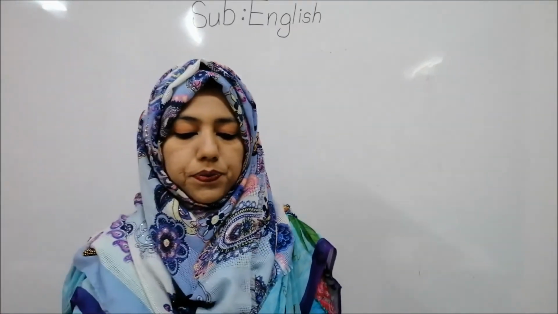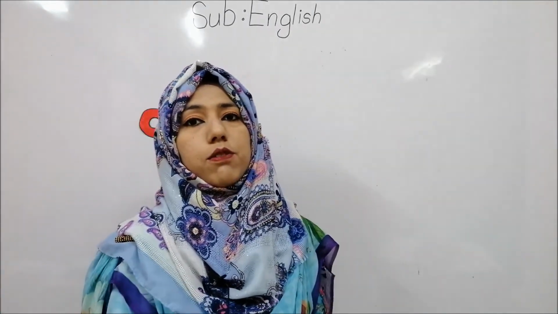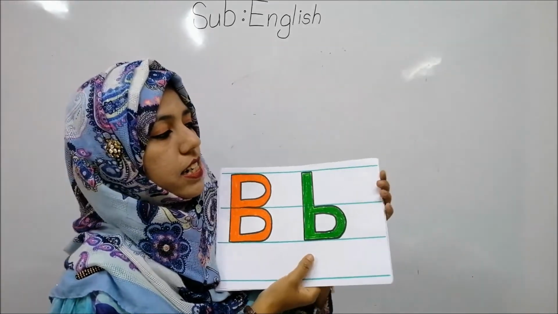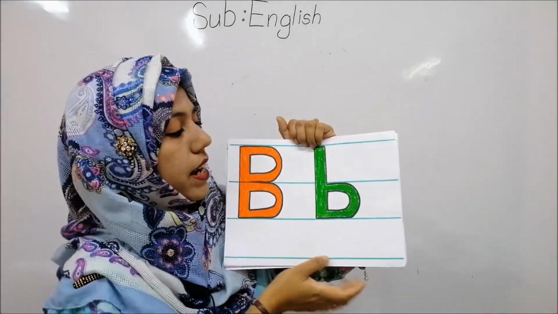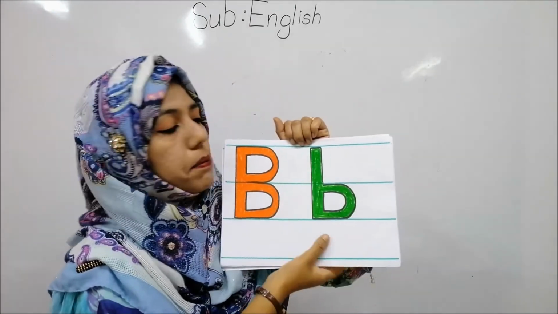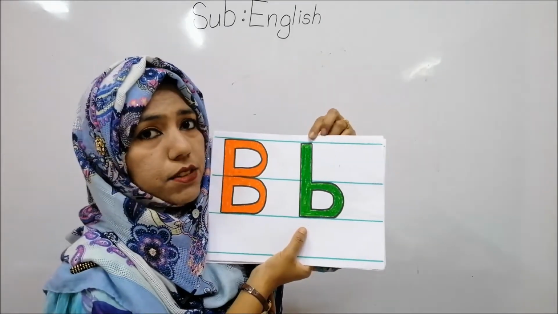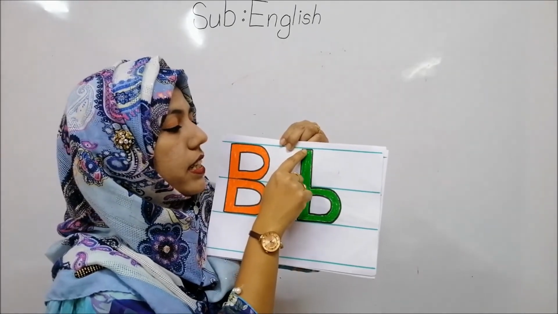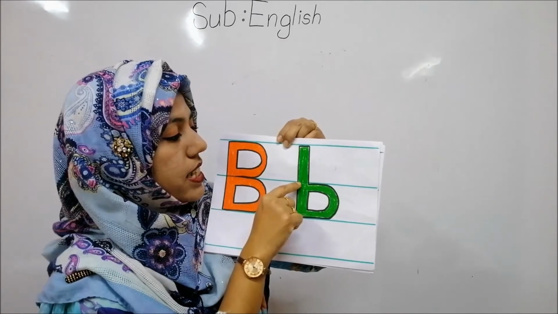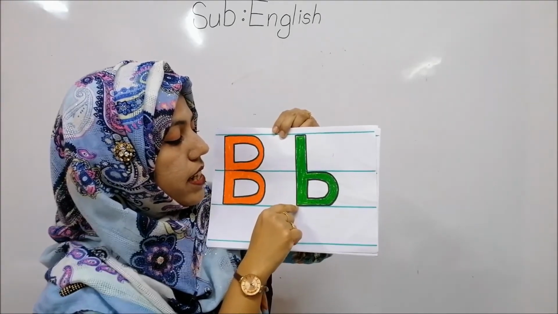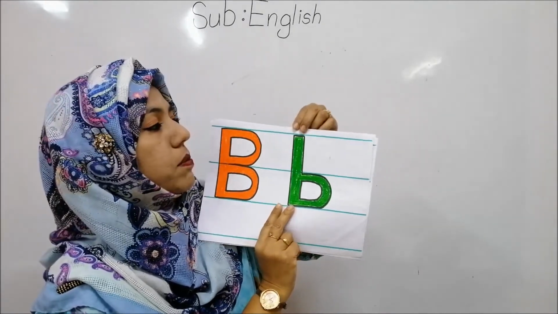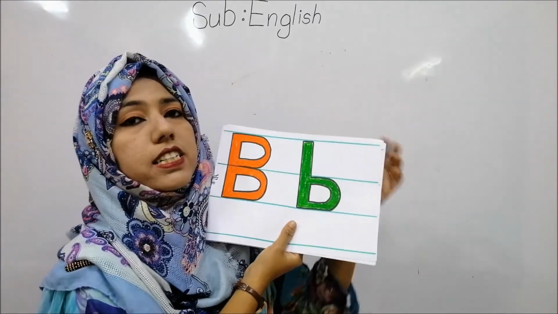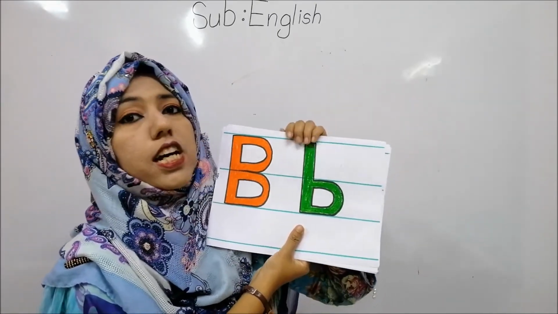Okay. Now, A, then which letter? After A, which letter will come? A, then the letter B. So, now look here where I have written the small letter B. B starts from which line? Can you see? This is the first line. B starts from the first line. Then it goes down, touches the second line, then goes down again and touches the third line. That means it starts from the first line and finishes in the third line. So, it's a tall letter. This is not a short letter, right?